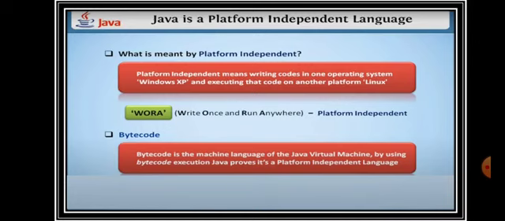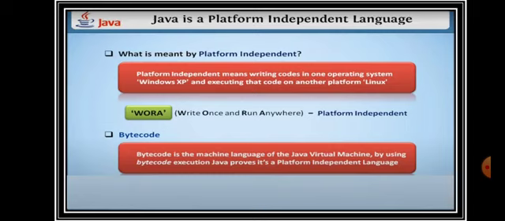Say for example, you're having a game. That game is developed in Windows XP. That is, Microsoft has created that gaming which can be played in Windows XP, in Windows platform. The same game, what I'm going to do is I'm going to copy it in Linux operating system.